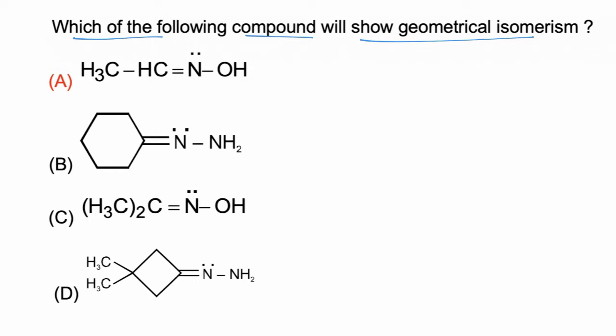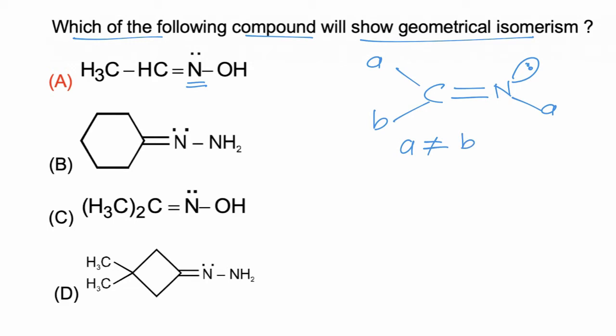So for geometrical isomerism, if heteroatoms are present, now C double bond N, on nitrogen one position is a lone pair, and now A, B. So A must not equal B. Now atom A may be hydrogen or any other atom. So if we consider the first example, C double bond N, with a lone pair and OH. So one is a lone pair and the other is OH, so these two are different groups. Now at carbon H and CH3 are present. So now this molecule will show GI.